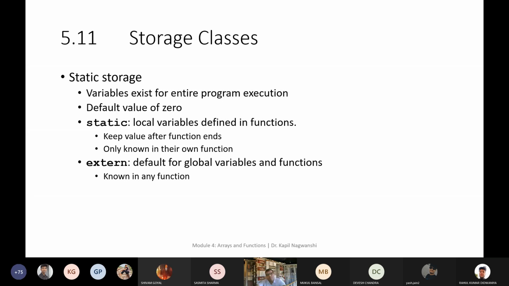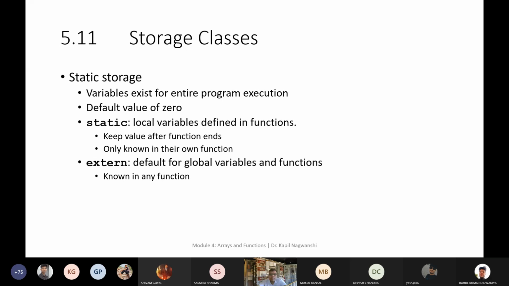Static storage means whenever we are declaring any static value, it will retain the current value. So a static variable exists for the entire program execution. The default value of this is 0, and a static local variable defined in a function keeps its value after the function ends, and is only known in its own function.